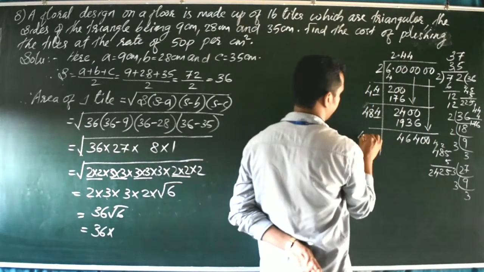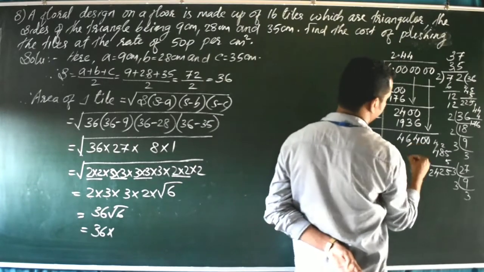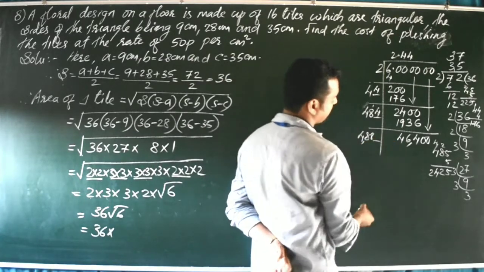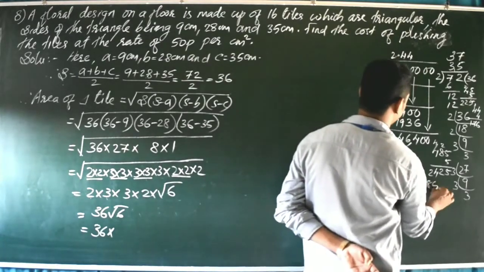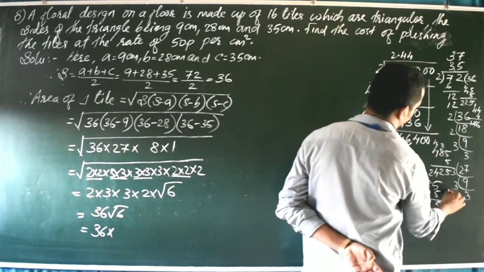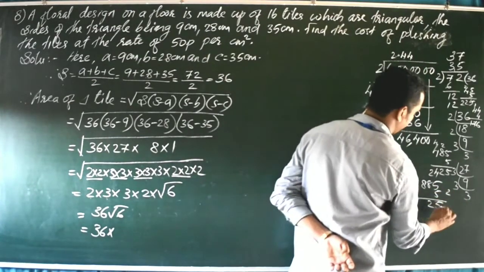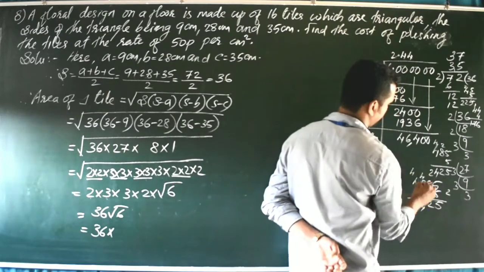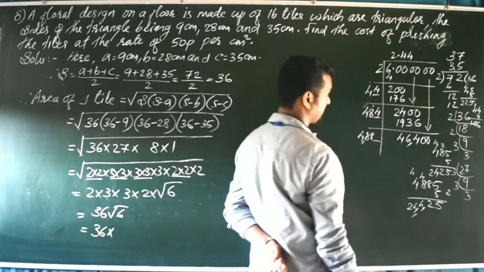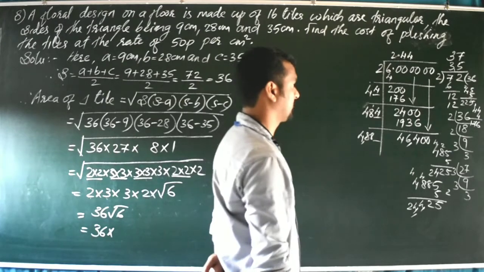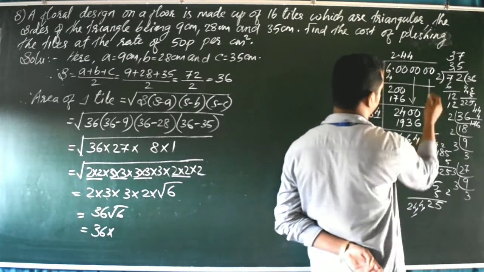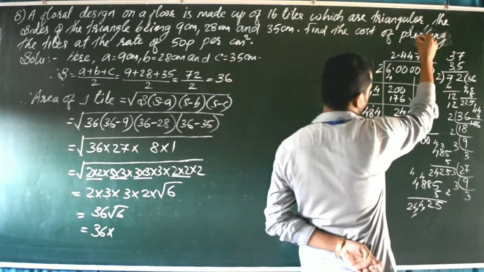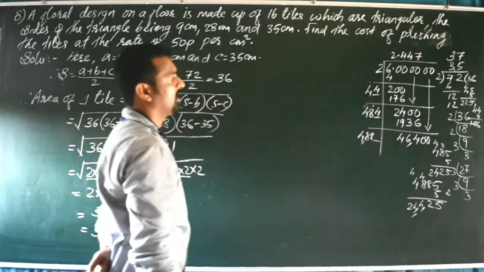484 plus 4, 488. One digit we have to find out. Here it is 46,400. And here it is 4,880. 4,885 into 5. 5 5s are 25, 5 remainder 2. 5 8s are 40 plus 2, 42, 2 remainder 4. 5 8s are 40 plus 4, 44, 4 remainder 4. 4 5s are 20 plus 4, 24. 24,425 only. So more than 5 it will come. Then there is no need of finding it out, more than 5 it will come. So correcting up to 2 decimal points it will come 2.45.